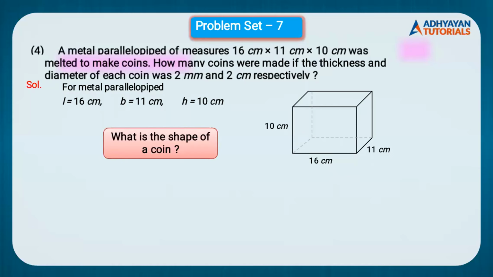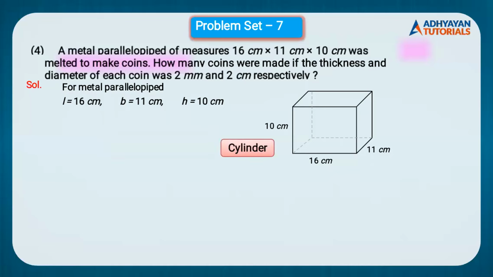Normally, many students, if I ask what is the shape of a coin, you say the coin is circular in shape. Yes? Students, no. The coin is circular on the upper face, where the denominations are given, 1 rupee, 2 rupee, 5 rupee; that surface is circular. But if anybody henceforth asks you what is the shape of a coin, the shape of a coin is cylindrical. Remember this. Okay. For your understanding, we have shown a coin.